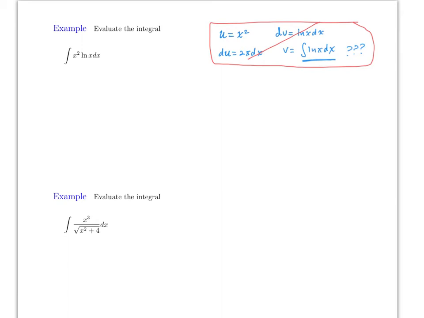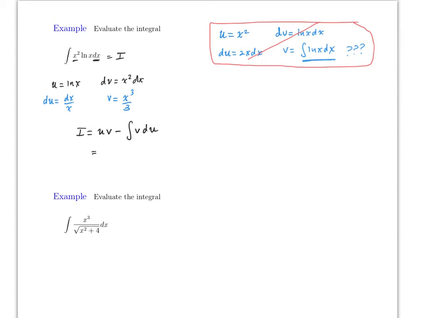So in that case, well, what about we pick u to be ln x? So that means that dv is whatever is left, which is this. That should be x squared dx. Now remember that we know what the derivative of ln x is. It's just 1 over x, or dx over x. And the integral of v is going to be x cubed over 3. All right? So therefore, the integral now, which remember should be uv minus the integral of v du,